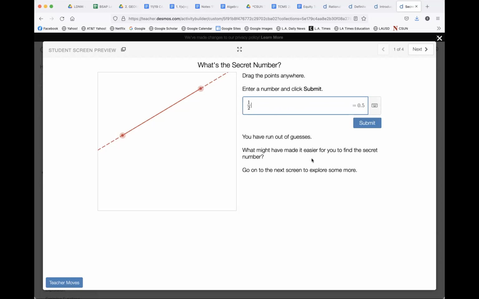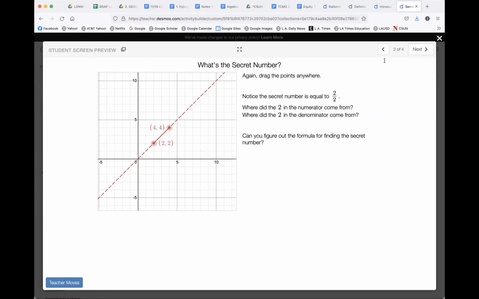So then we pause. Okay, kids, what would make it easier for you? What additional information would be useful? So talk to your neighbor. Let's do this as a class, right? We can talk about it, or just the prompt is there, the kid's working independently. Any one of those configurations. So you go to the next screen, it's the same thing, but now you've got some additional information,